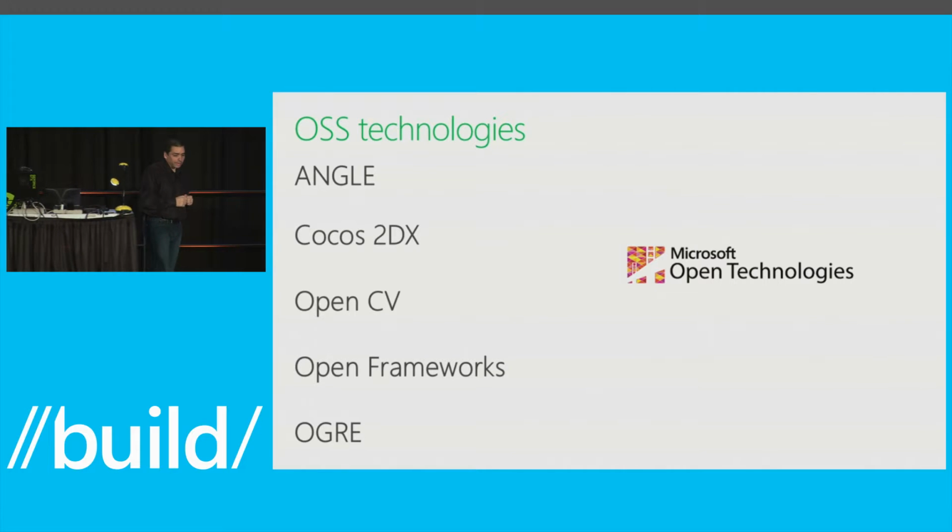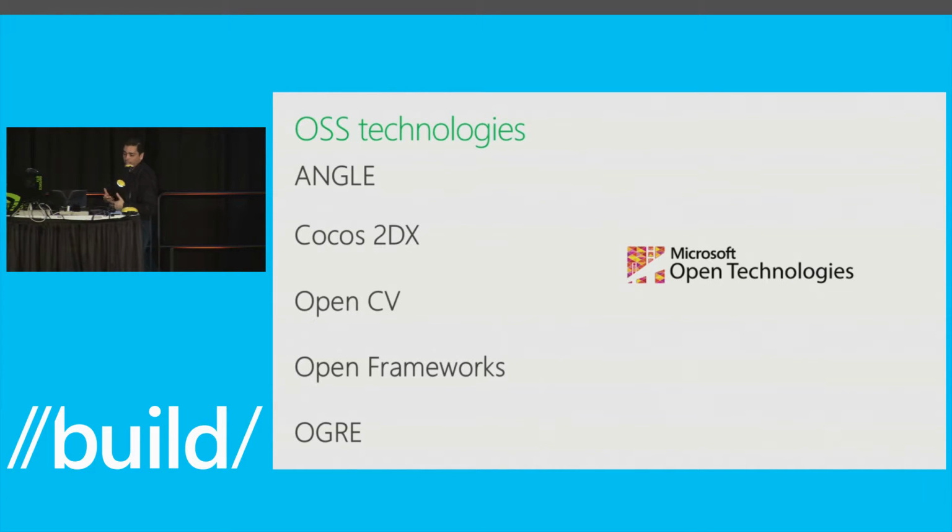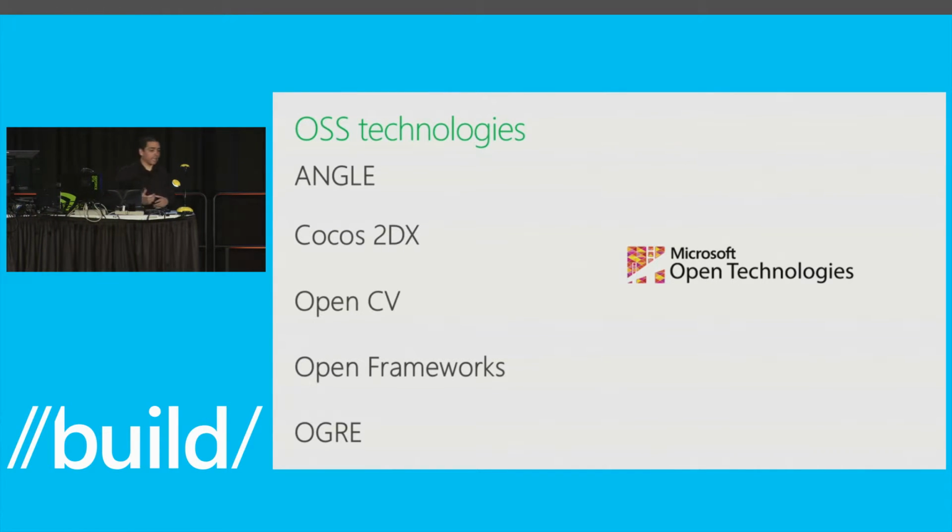Another one that we're making a lot of investments and a lot of progress in has been open source technologies, right? Angle, Cocos, OpenCV, Open Frameworks. For the last year, we've been working a lot. Last year, for example, I was here at Build, and we had Angle working. Everybody here know Angle? It allows you to bring OpenGL code onto Windows, because on Windows, we run DirectX. If you have OpenGL code from other platforms, you can use Angle, which is an abstraction library that translates that for DirectX, and you can run your OpenGL code on Windows Store and Windows Phone. A year ago, we had Angle, and that was great, but we had not fully validated it. Since then, we've made a lot of progress.